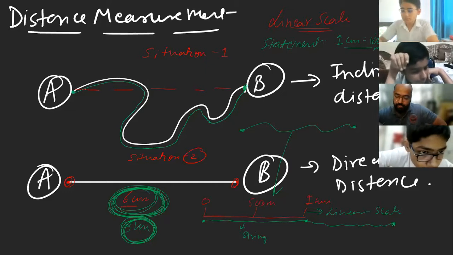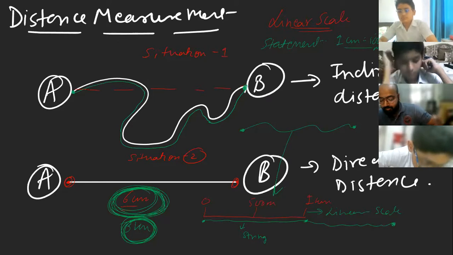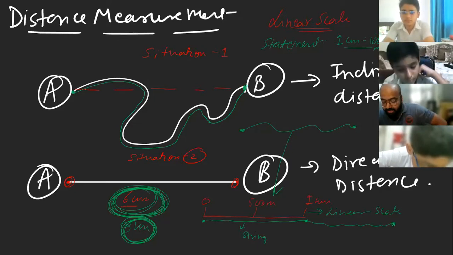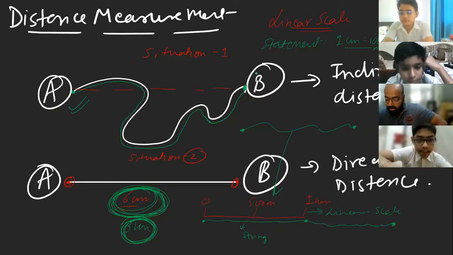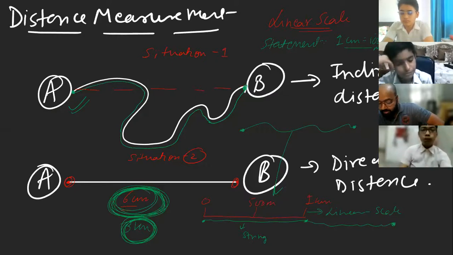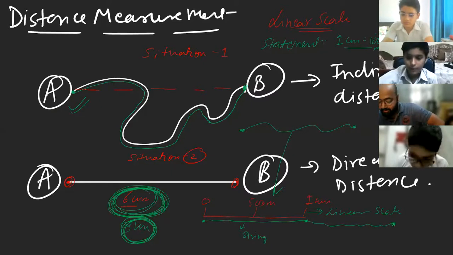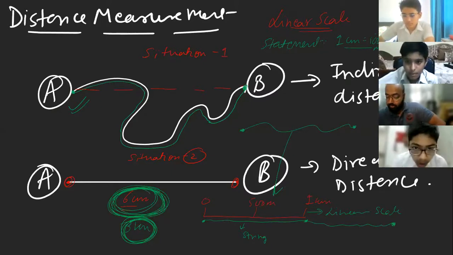Coming to the indirect distance, take a piece of thread and mark the point with a pen which shows the starting point. Spread the thread along the line following each curve till the last point, like I did. Remember that? I traced the whole thing. Now stretch the thread along the scale to find the length, and we'll get the distance. Is that clear, children?